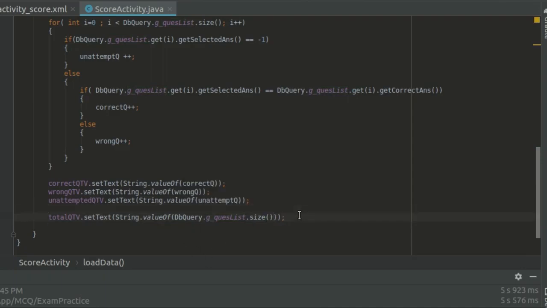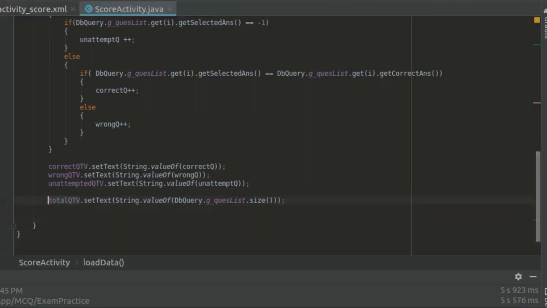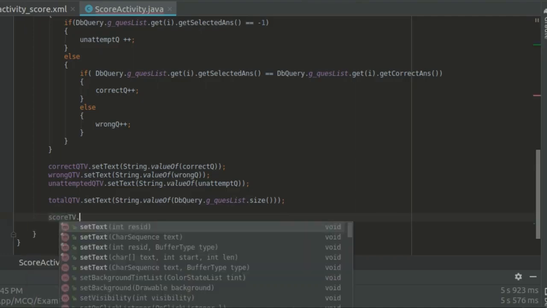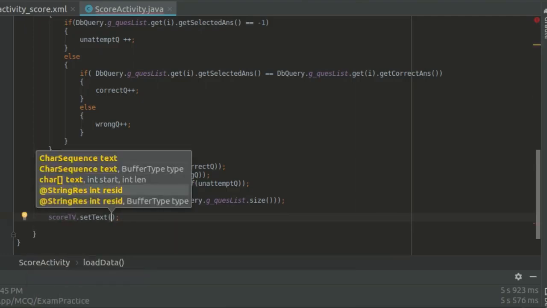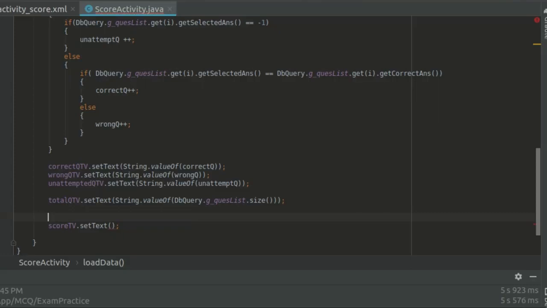Okay, then after this we have another text view, that is score text view. So first let's calculate the score. So long, or you can say int, int score, final score